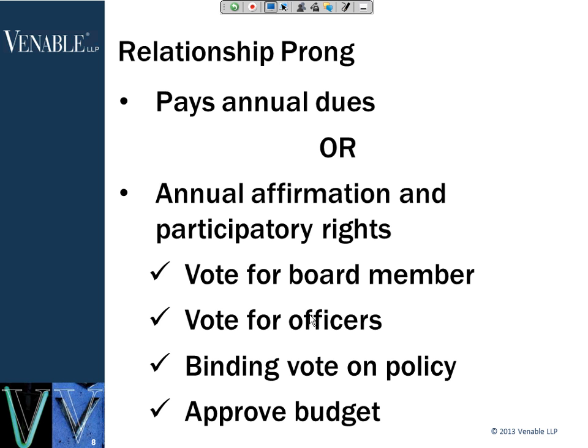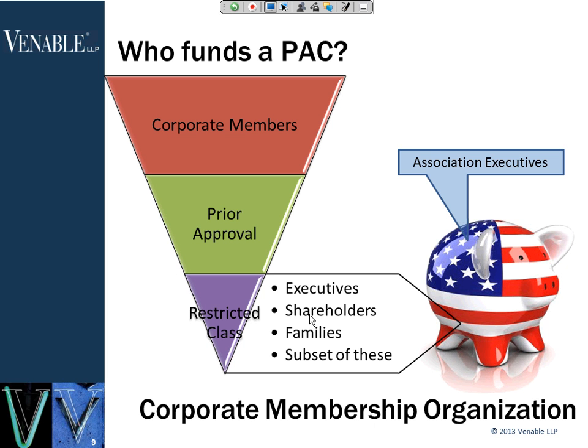And as we said, in addition to individual membership organizations, there are also organizations that have corporate members, where the members are actually the companies, particularly in the trade association context. And the rules here are a little bit different for who can be solicited for the PAC. The rule here is that you can solicit the restricted class of the member companies who give prior approval. Now, the restricted class of your member companies are the executives, meaning the salaried employees with decision-making authority, shareholders of the company, and the families of those two groups,